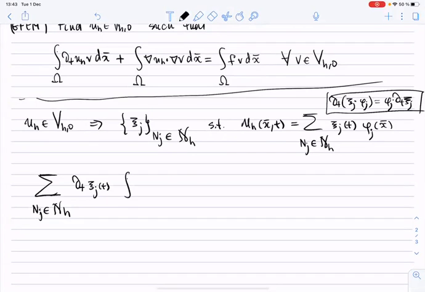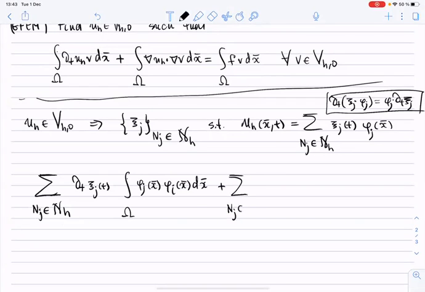Therefore we get the integral here, and inside the integral we have the usual phi_j(x) phi_i(x) dx, and the second term would be plus